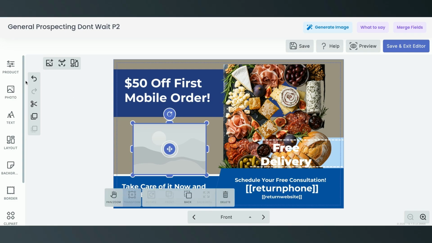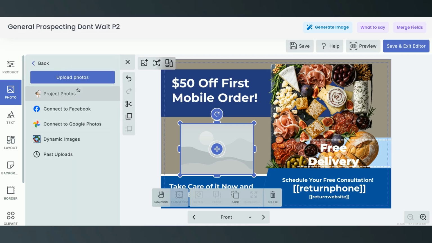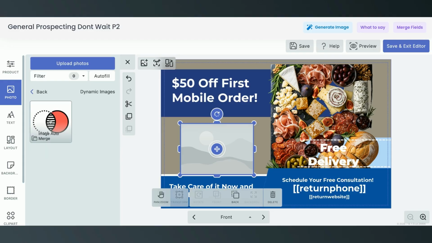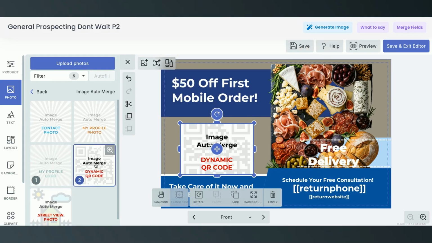Once you've done that, click the Photo tab in the left-hand menu and select any of the icons. That'll open up a drop-down, and now you can select Dynamic Images. Then Image Auto Merge, and now you can click on Dynamic QR Code. One important thing